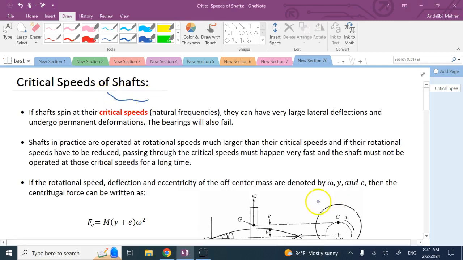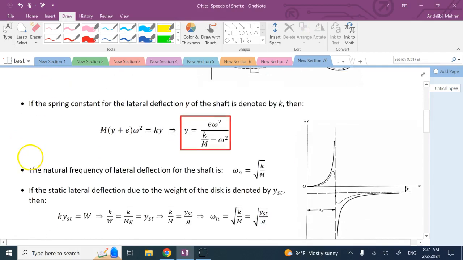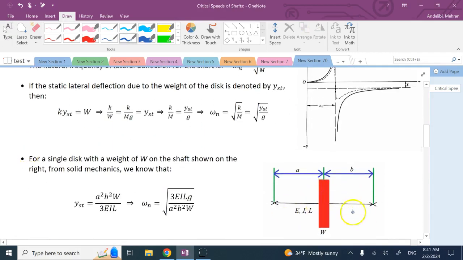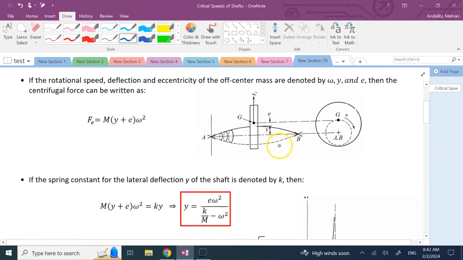So if you have a shaft with a disc or gear or anything on it, spinning like in this picture and mounted on two bearings here and here, the RPM of this shaft can't be operated at a number that is close to what we call the critical RPM or the critical speed of the shaft, because if you do, then resonance happens and the lateral deflection of the shaft, shown here by Y,